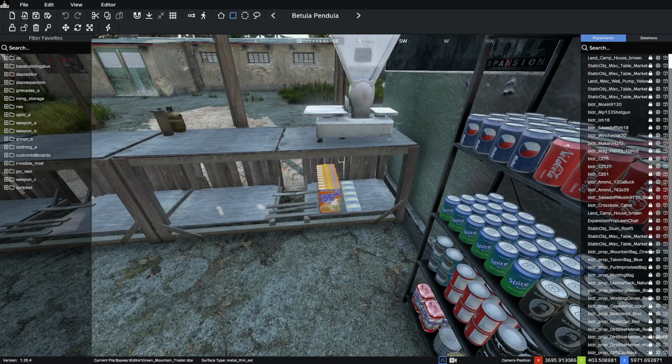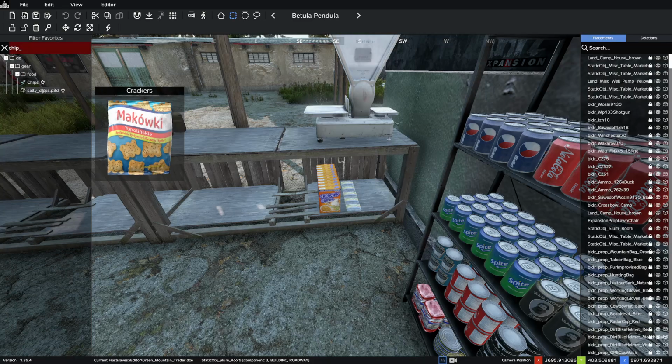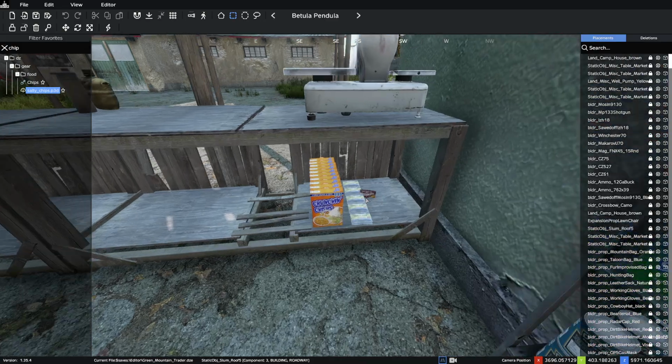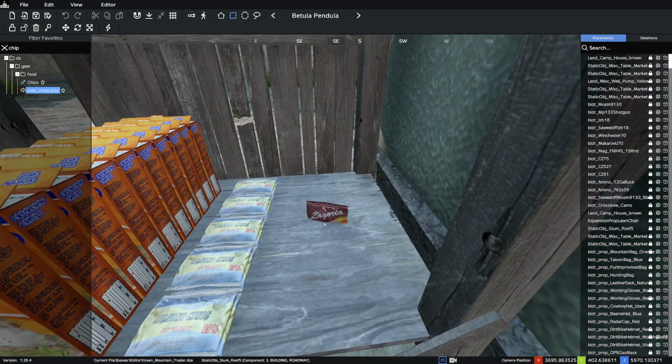So let's place, let's look for Zagorki chips. There we go. So these are not the right model, by the way. I already knew that from before. So basically, you spin it with the mouse wheel up and down. And then if you need to turn it to, like, lay it on its side,